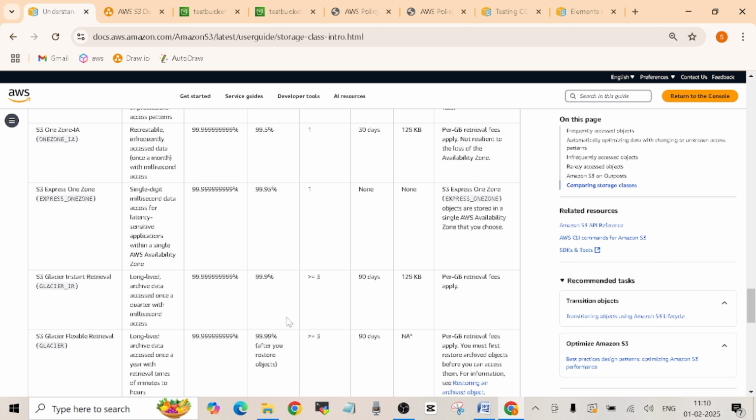This is for long-lived archive data accessed once a quarter, which means once in every 3 months. If you have data that is accessed once in every 3 months, you can use S3 Glacier Instant Retrieval. Of course the cost is going to be slightly lower than the other storage classes we have spoken about, but it depends on your use case. Here, as you can see, the data is stored for at least 90 days and you're charged for at least 128 KB of data,